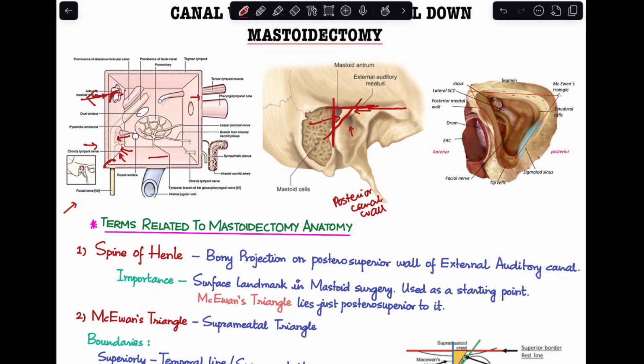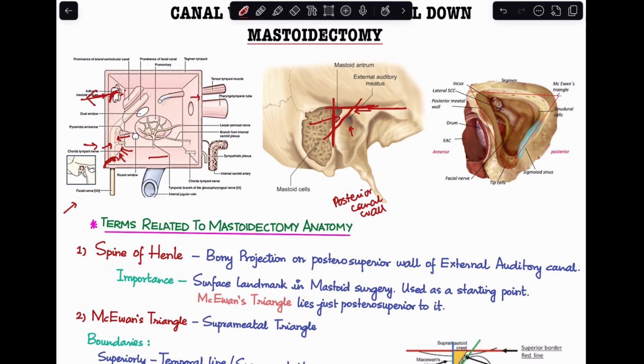And as we lower the facial ridge, we're basically making this into one cavity. However, you cannot remove the facial ridge completely because this lies lateral to the facial nerve canal. So when you try to remove it completely, you can actually end up injuring the facial nerve. That's why the facial ridge, sorry, not the bridge, facial ridge should be lowered.